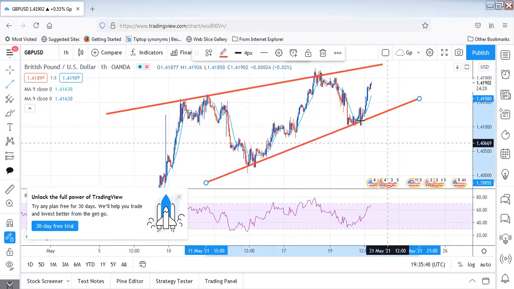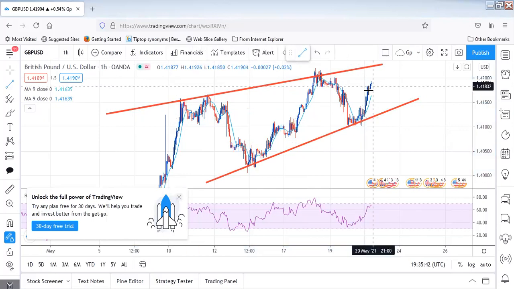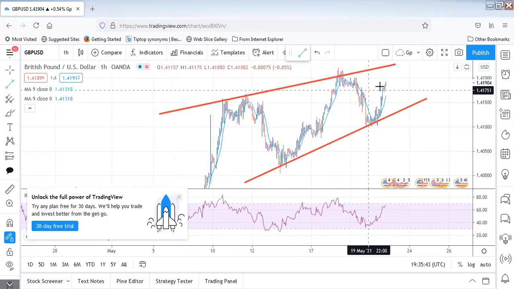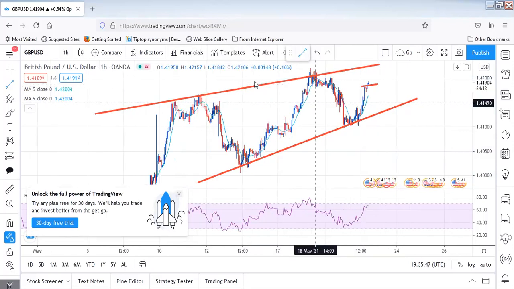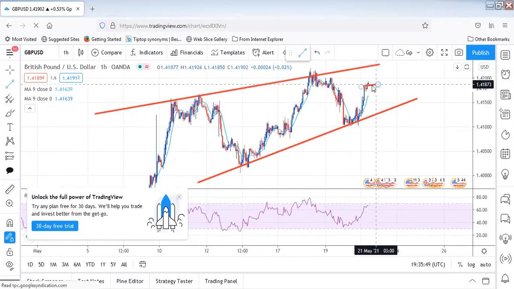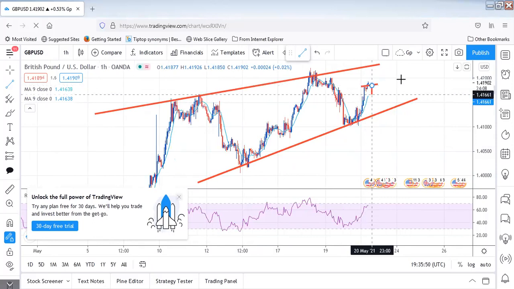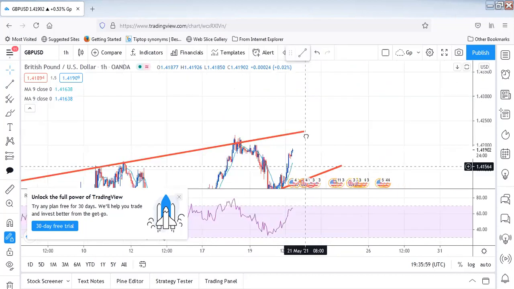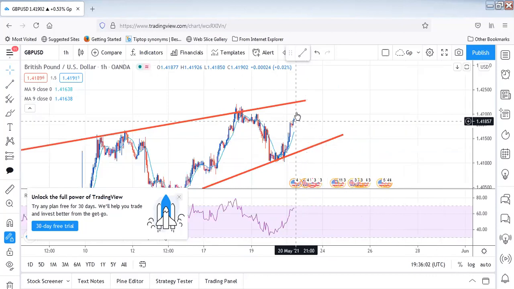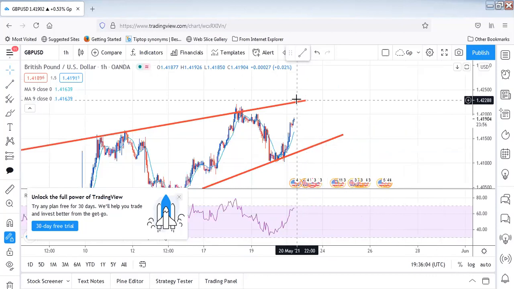So what's my aim? Once this trade comes here and it goes up, it breaks the upper line, which is called resistance, and the lower